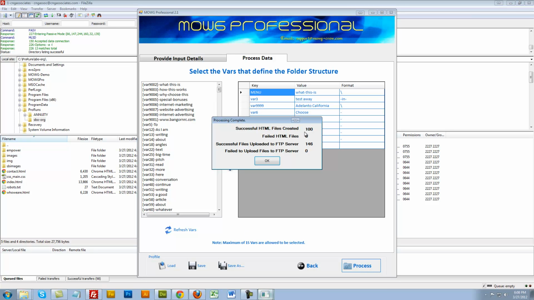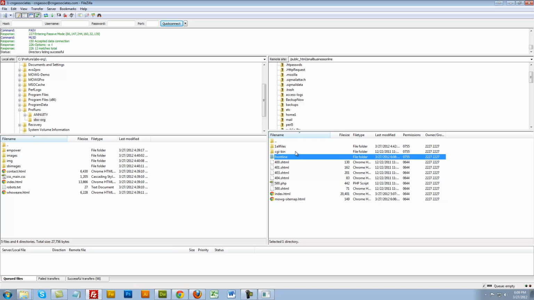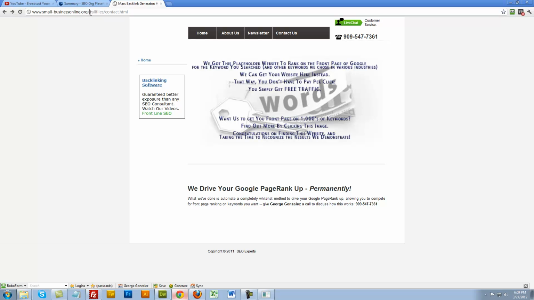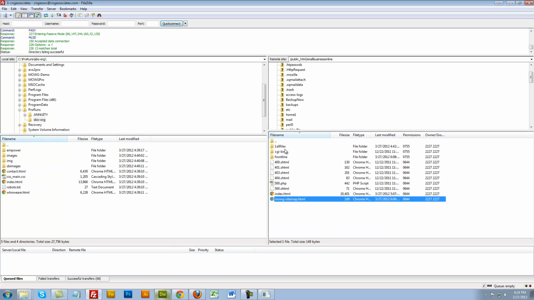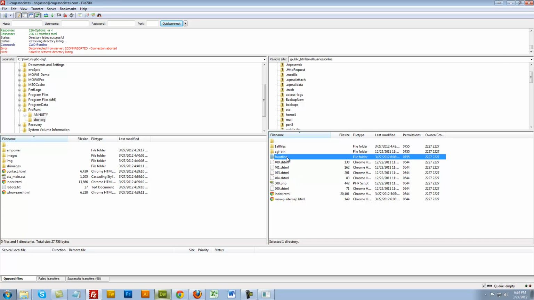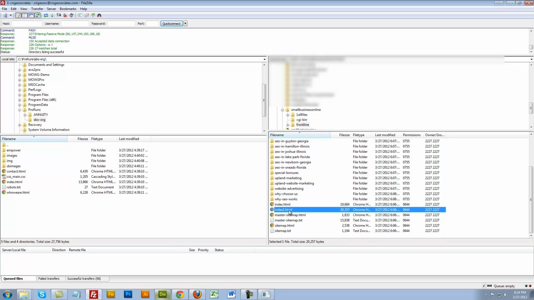You see it processed 100 successful pages, and then it uploaded all the subsequent pages, additional sitemaps, folder structures, all that stuff was uploaded. If we come over here, we can see my frontline folder, and you see the MOWG sitemap that was created. So if I go to smallbusinessonline.org, oh yeah, I forgot that we put it into a subfolder. So I actually have to change that, and what we can simply do is go into Frontline, and we can take index 2